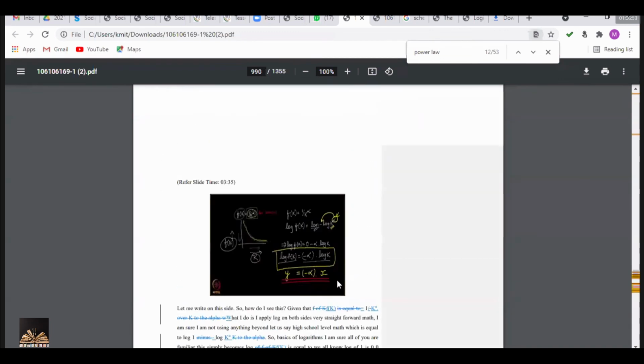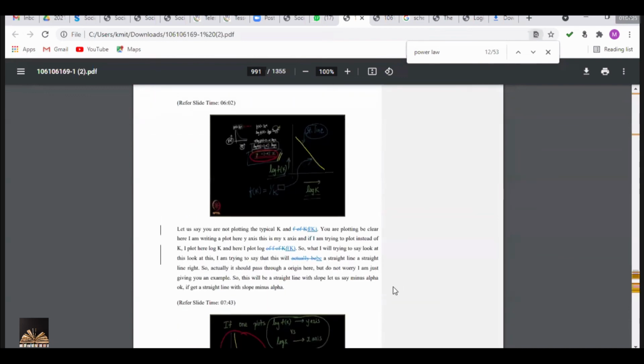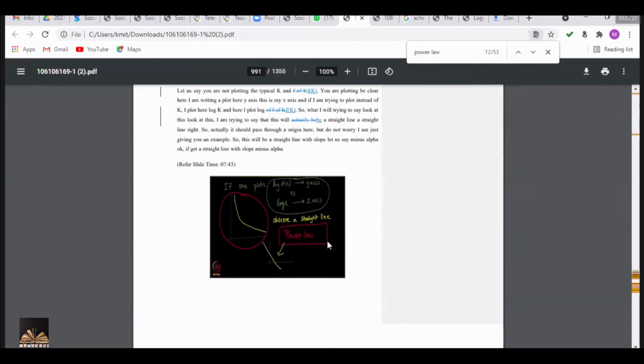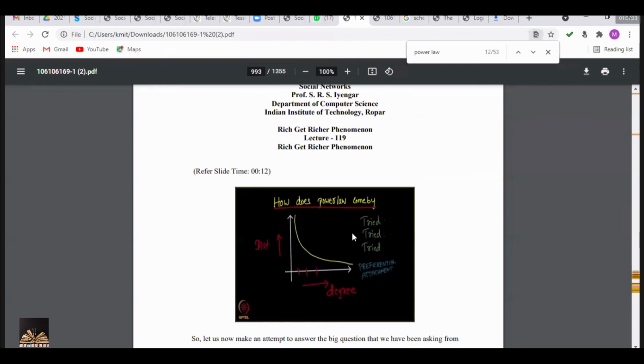He has taken this thing like so. I told you, if it is representing a straight line. I have taken the degree k here and the fraction of k here, and I have applied the log on both sides. Here, I don't know whether the exponent is 2 or 3, so I have taken it as some alpha and applied it. Finally, if I get a formula representing a straight line, whatever the alpha value, if it is giving a straight line instead of the bell curve, then I can say that the power law is there in that particular curve, right? So that is all about the power law.